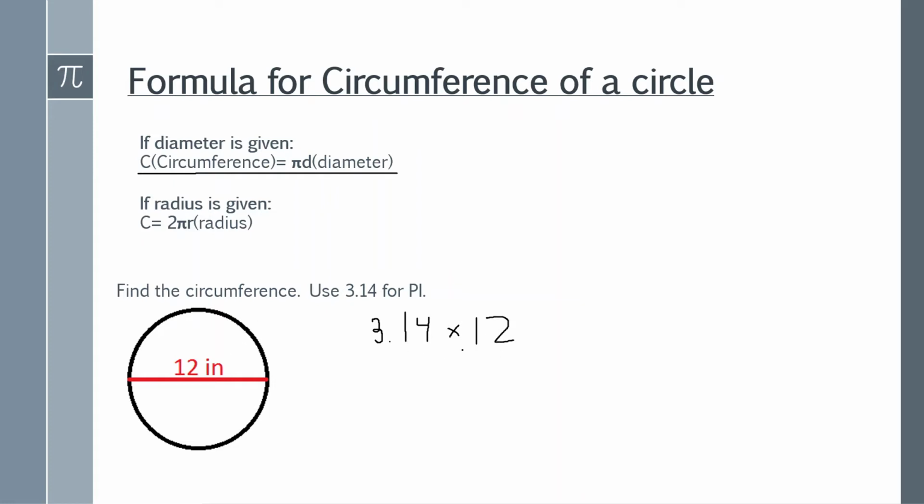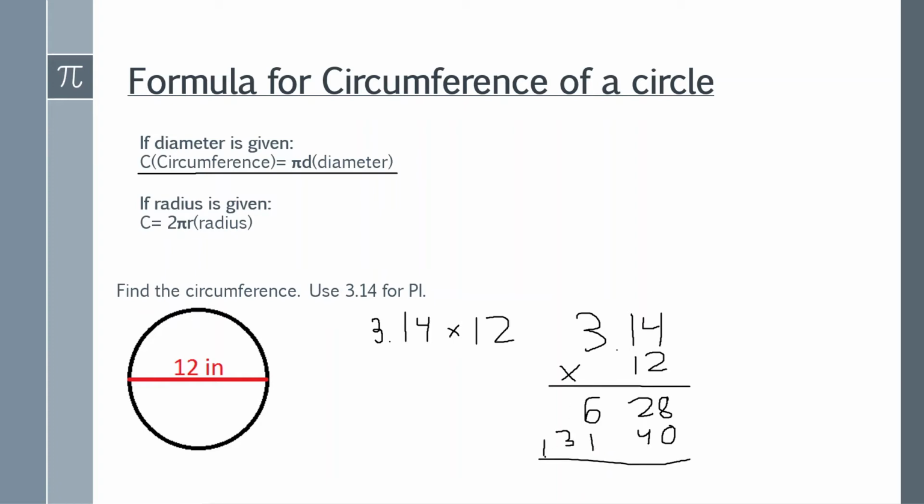So let's multiply 3.14 times 12. I'm going to just put it out here, since I don't have a calculator. So we know 2 times 4 is 8, 2 times 1 is 2, 2 times 3 is 6. Now we bring down the 0 here, so 1 times 4 is 4, 1 times 1 is 1, and 1 times 3 is just 3. Now we add this, and we'll get 37, and then the decimal point goes here,